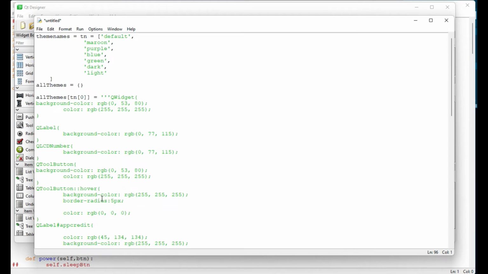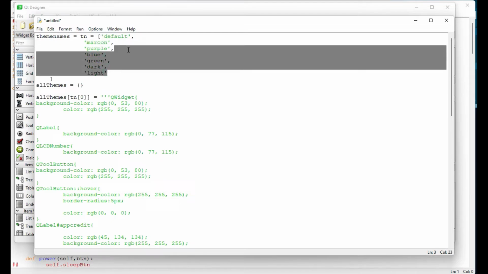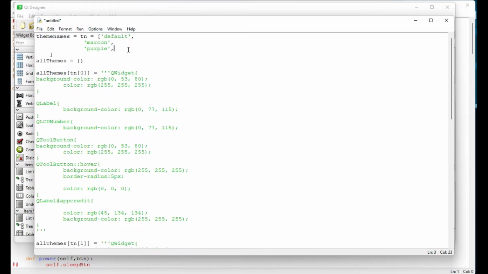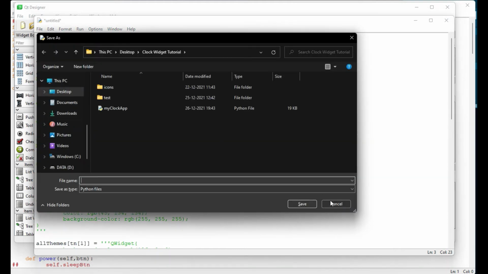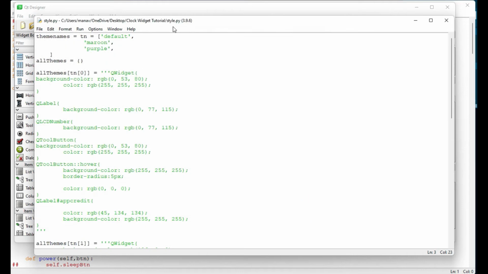Not making the video too large, I'll just use up to 0, 1 and 2, that means up to purple, and I will just remove this. Okay, and you can add multiples here, right? You can add multiples. So let me save it. Suppose I'm naming it style, so it will be style.py in our current folder.